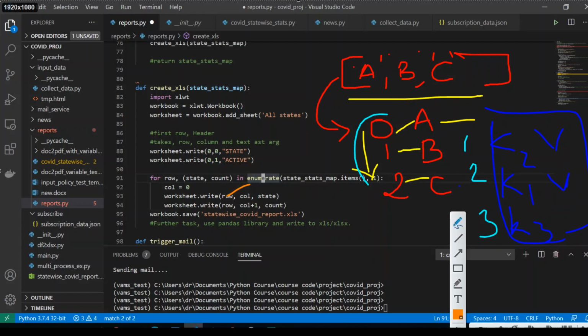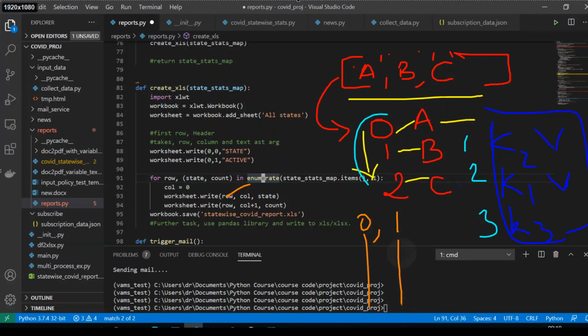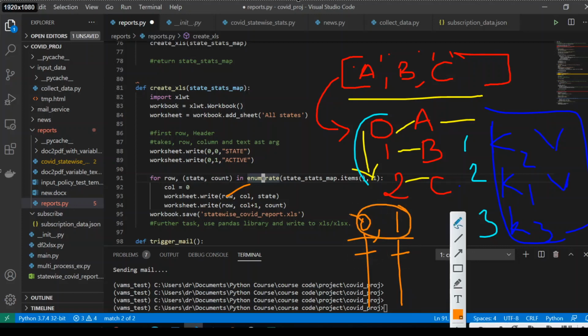Since this is a simple dumping, we are using only column 0 and column 1. First column will be states, second column will be the active cases. In the programming language, we refer to it as 0 and 1, so first we are initializing as column 0, and then the second element.